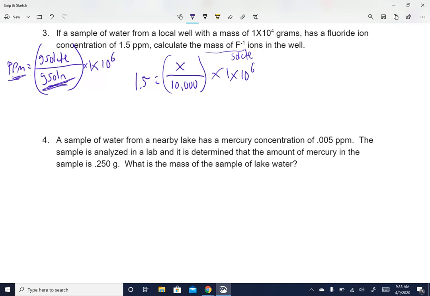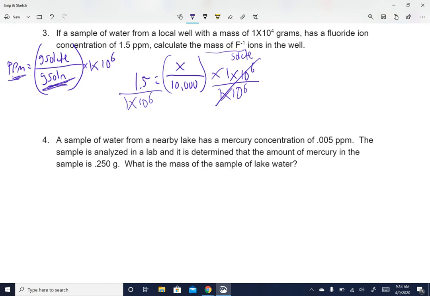But I'm going to get rid of the million by dividing by a million, then divide this side. Whatever you do to this side of the equal sign, you do to this side. So if I divide this by a million, that cancels out to 1. If I divide 1.5 times a million, I'm moving that decimal 6 places to the left. So if we do 1.5 divided by 1 million,